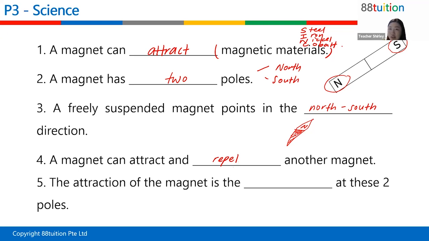Okay, and last question. The attraction of the magnet is the what at these two poles? Victoria? The attraction of the magnet is at the